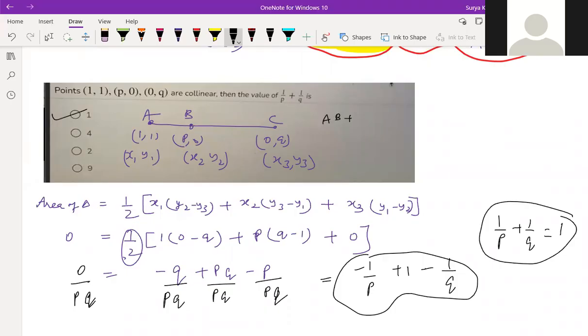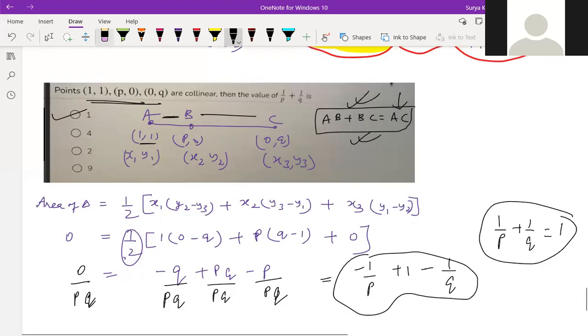One more thing you can do. Sir, is there any other way to solve this also? See, AB plus BC is equal to AC. Like this also you can try. Actually, we are not sure which is small, which is bigger. In this case, AC is the biggest one. We don't know which coordinate is coming before, which is coming last. If C is in the middle, then we can't do this formula. That's why I'm not believing on this. But most of the time they'll give this one only, continuous. Okay, sir. So it's clear how to do this collinear part.